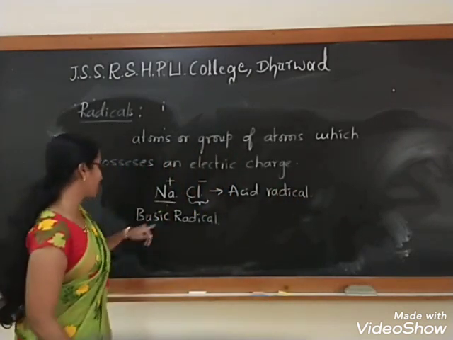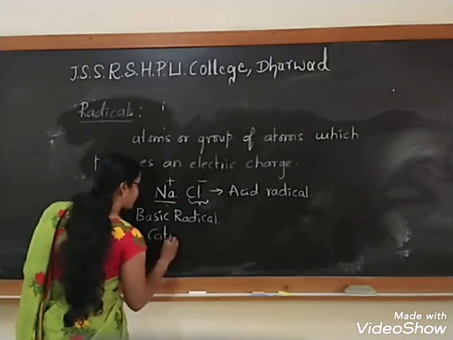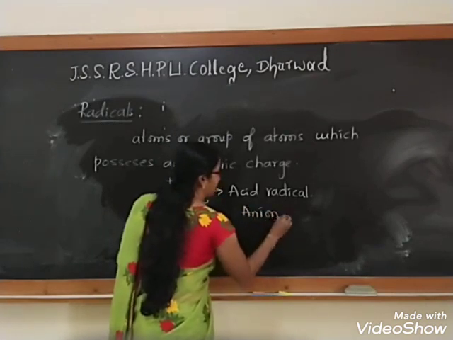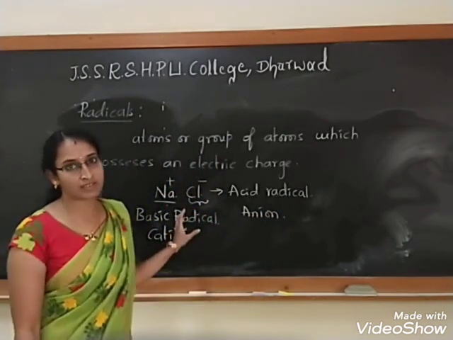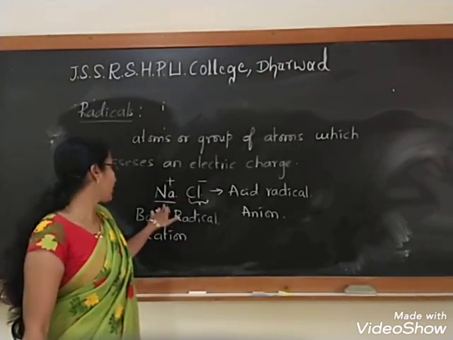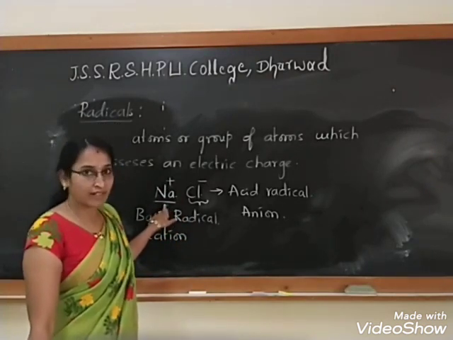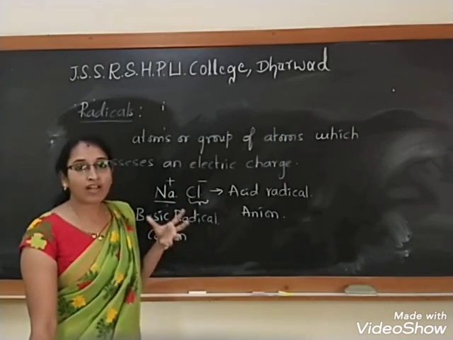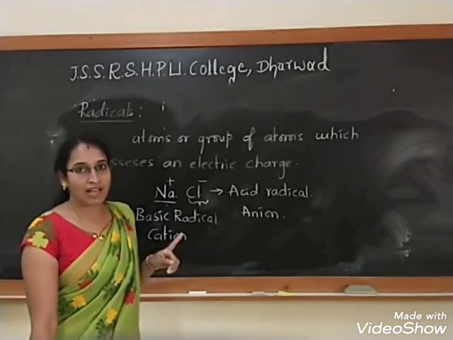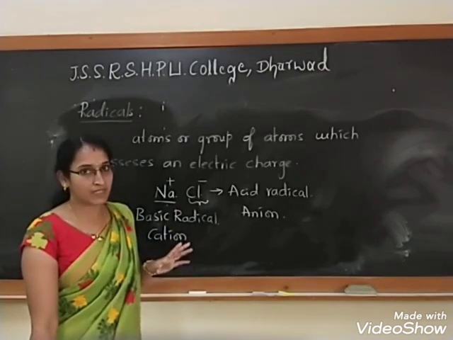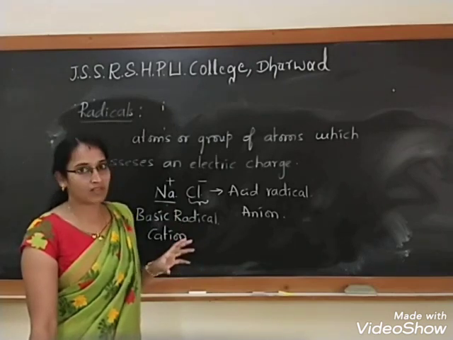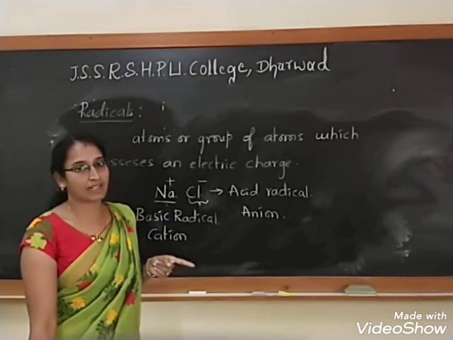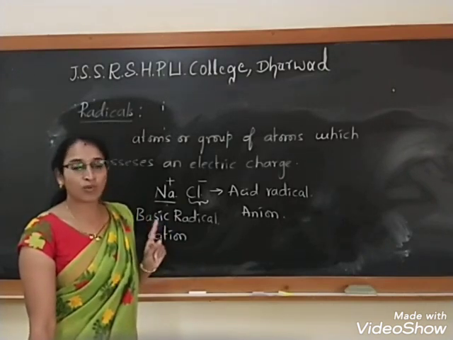Okay, so positive charge is nothing but cations, negative charge is nothing but anions. Is it clear? So we call these radicals. If there is a positive charge, it is a cation or basic radical, and if there is a negative charge, we call it anions. So in inorganic compounds, it should contain one acid radical and one basic radical compulsorily, then only it becomes a neutral molecule.